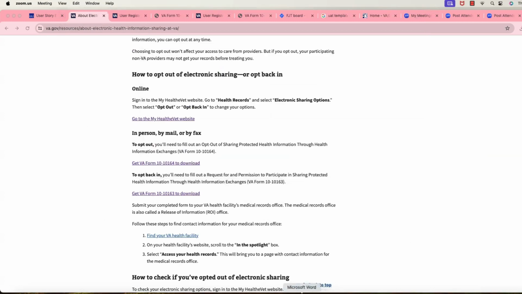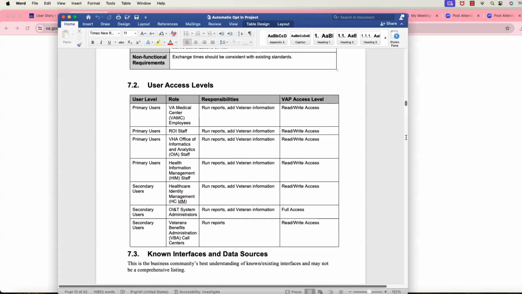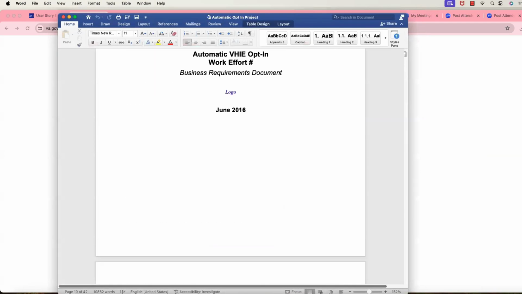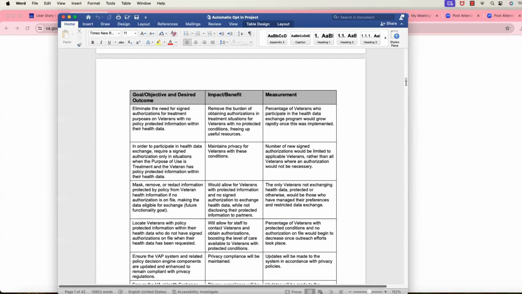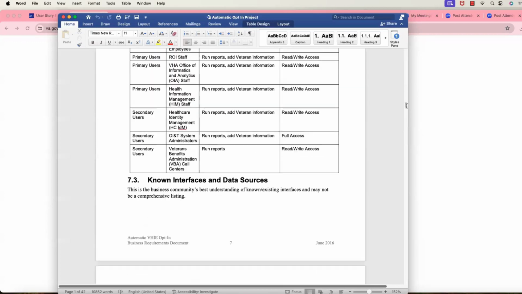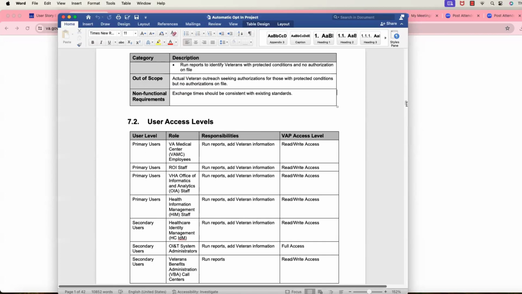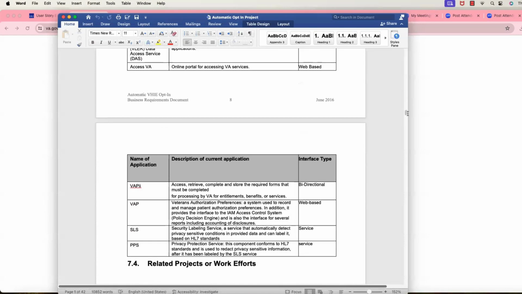So first you create the BRD. You create that BRD from the start. For example, this project's BRD was started in March 2015 and completed on September 14, 2016. It takes about 1.5 years to complete the BRD. So you gather all the requirements and write down everything: all the epics, user stories, end-to-end data flow. For example, here you have process flow diagrams and all the user access levels. And if you see here, there is